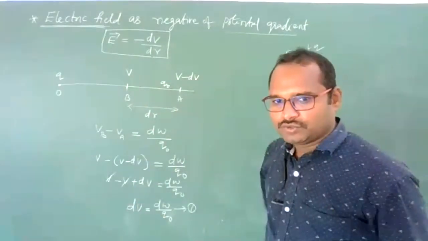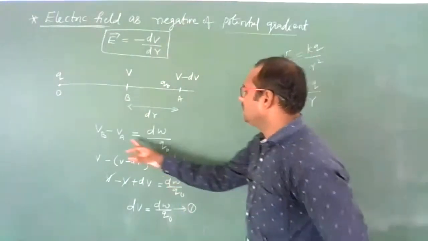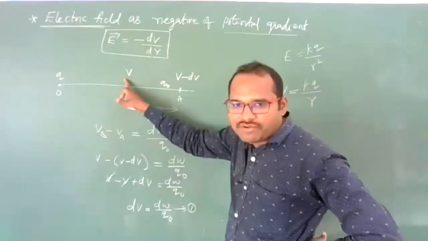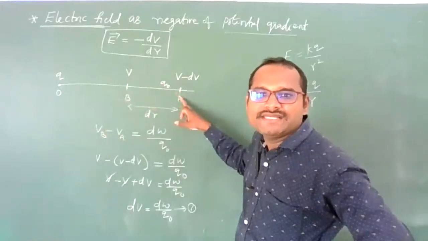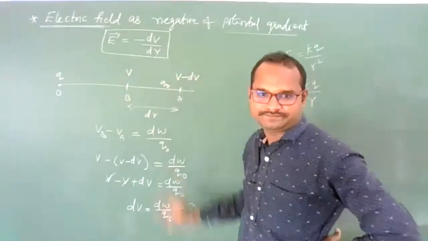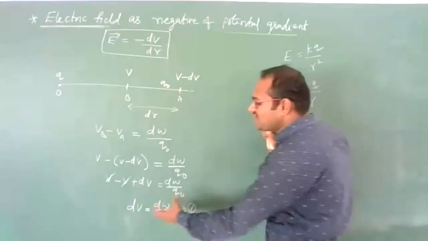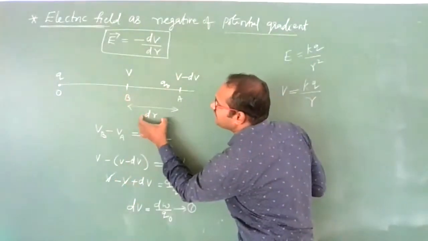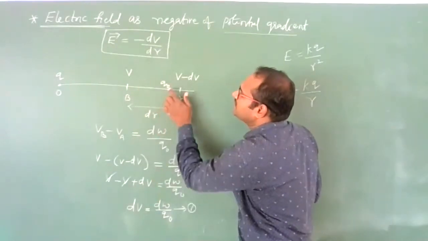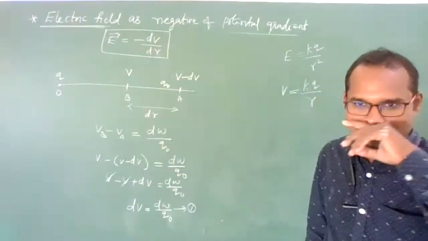Take Q by R, later we will come to that point. I am just giving you one definition of this. So this is according to the definition I have written. VB is V, as I have considered. VA, the potential at point A, is V minus dV, because as this distance is increasing, potential will decrease. So the two values I have substituted. I get that the potential difference within a distance of dr is nothing but the amount of work done in moving a charge Q naught from A to B. dV is equal to dW by Q naught. I got that.